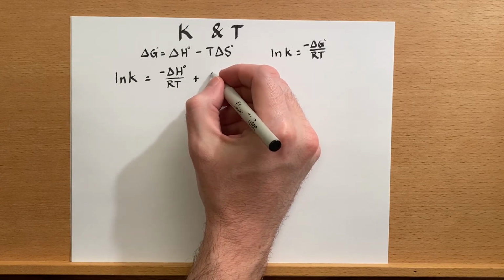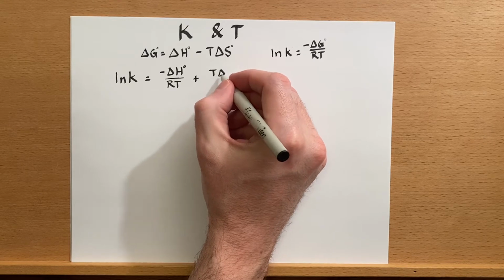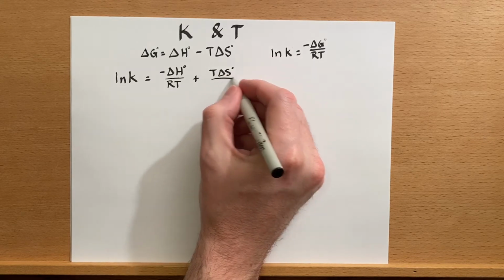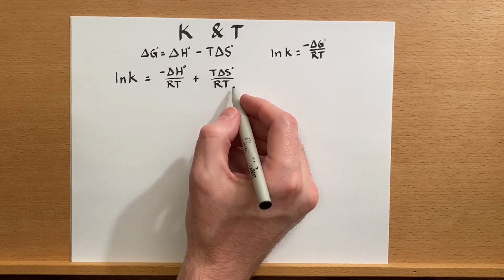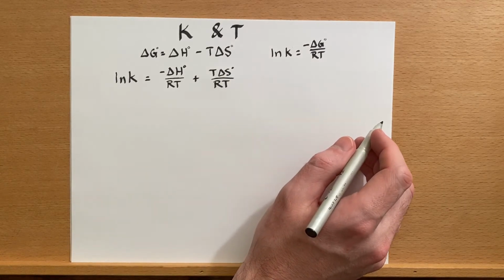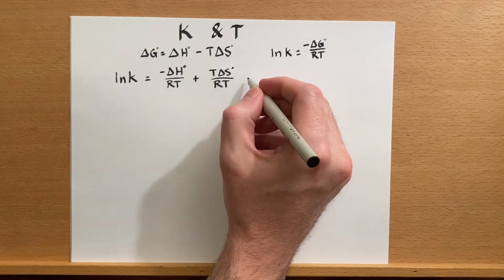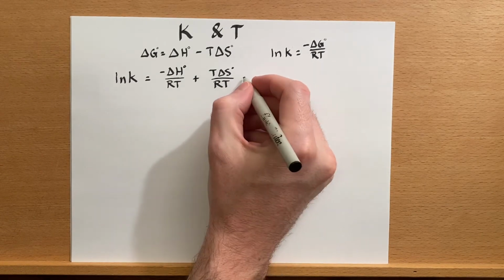And then this is T delta S over R. So my temperatures are going to cancel, and I can simplify this down to